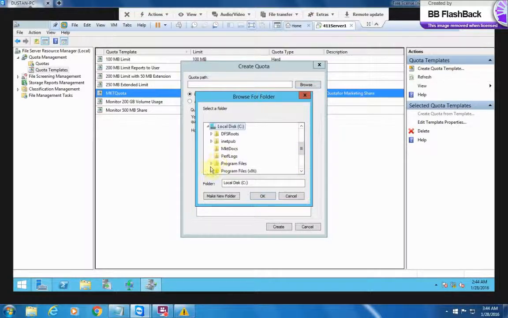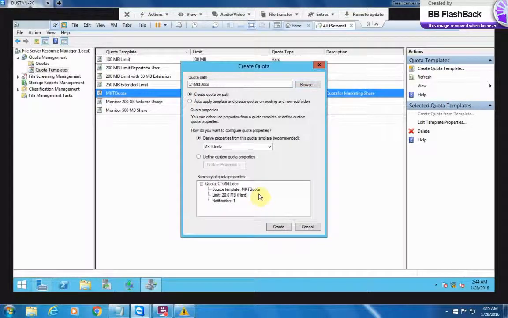I just saw it. Market. There we go. Okay, C:\Market\Docs. Click the Market Docs folder and click OK. Got a little lost there for a second. You can select create quota on path, the default settings, to create the quota for just that folder, or